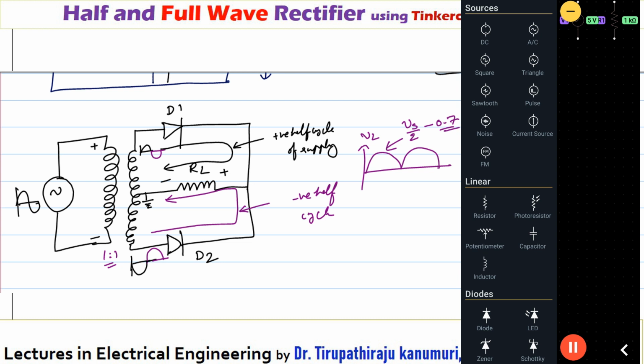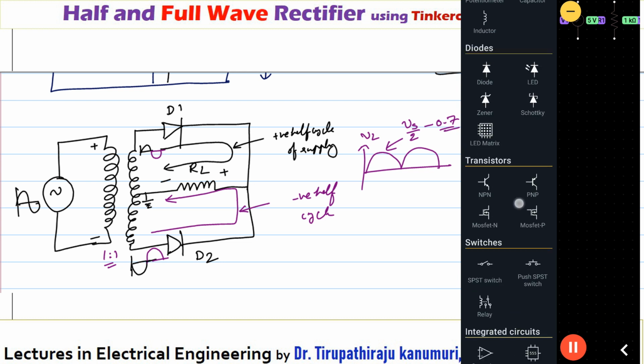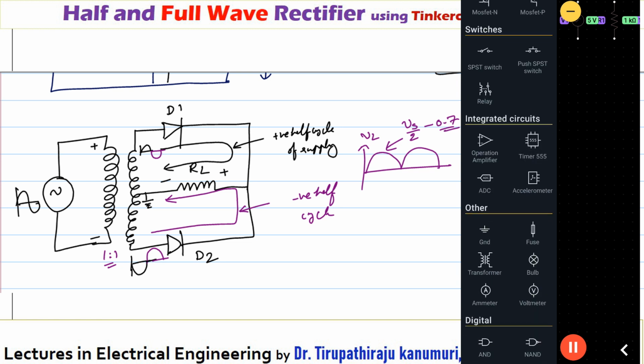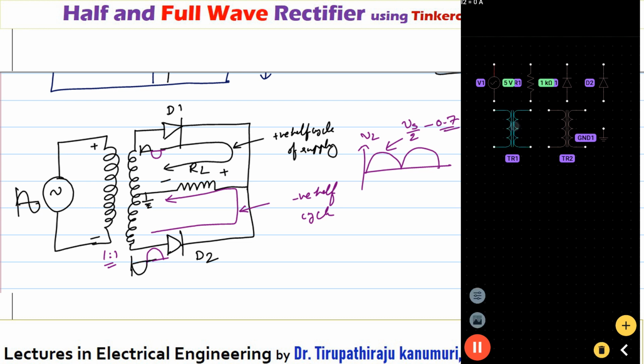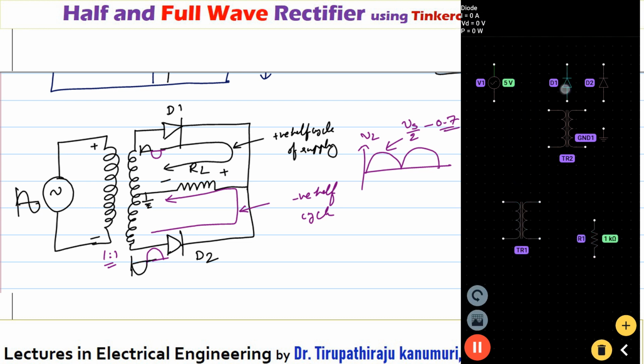When you click on the plus symbol, just go on adding. I am adding an AC voltage source, similarly a resistor, and we need 2 diodes for implementing and 2 transformers. I am taking two transformers so that I can make the center tap transformer connection, because here a center tap transformer is not there, and after that one resistor and the ground are required. I have added all the things. Now I am just rearranging them so that I can make the connections and then get the output waveform.